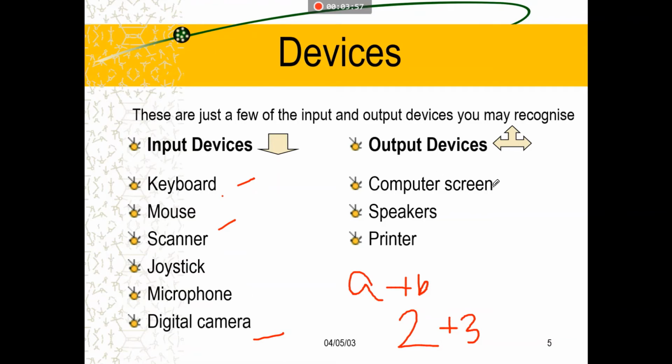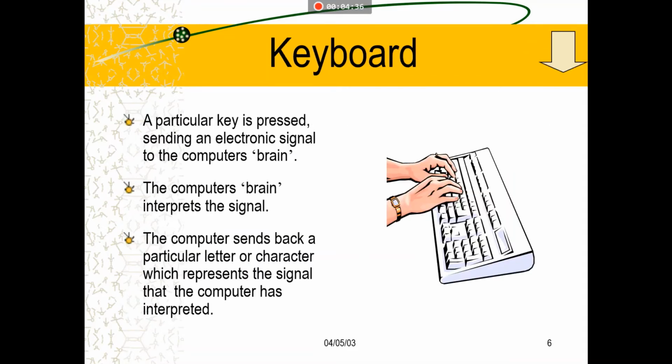And output devices are, let's say, the computer screen, that is the monitor, which has the display screen where we can see the output. Speakers, from which we get the volume and sound. Printers, where we just need to connect the device with our computer, and we can easily get the hard copy of whatever we require. We connect it and set the settings, and we get one page or the whole set number of printouts. We can do everything with the help of printers. So these are examples of input devices and output devices.